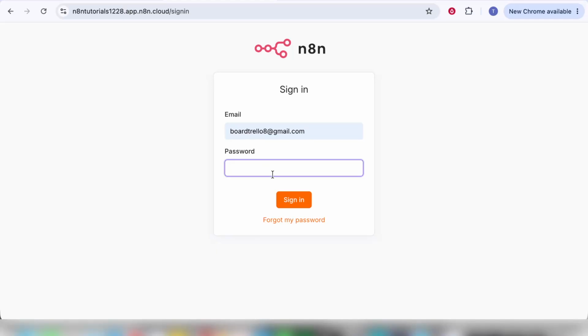Once you've located the email, open it and click on the provided magic link. This action should automatically redirect you back to the n8n platform, now logged in and ready to use. As you follow these on-screen prompts, you should now be able to access your account and start working with n8n's